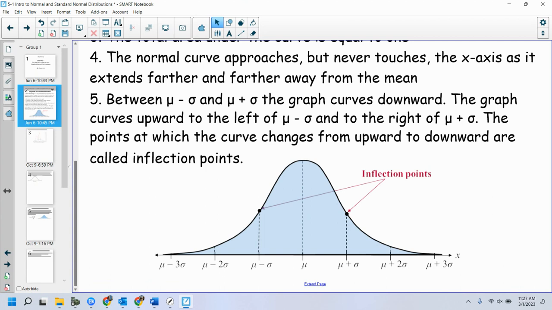Between mu minus sigma and mu plus sigma, the graph curves downward. The graph curves upward to the left of mu minus sigma and to the right of mu plus sigma. So if it's concave upward and then concave downward and then concave upward, that tells me I've got 2 inflection points there, right? And those inflection points are always going to happen at mu minus sigma and mu plus sigma. What is sigma again? Sigma is what? Standard deviation, right? It's the square root of the variance. It's the standard deviation. So at 1 standard deviation away from the mean,